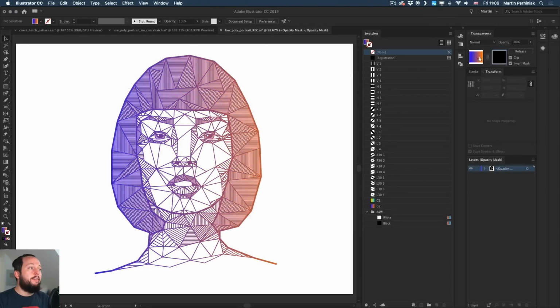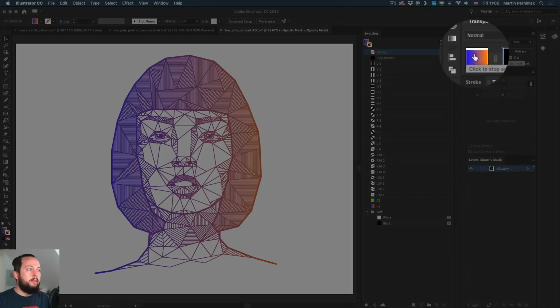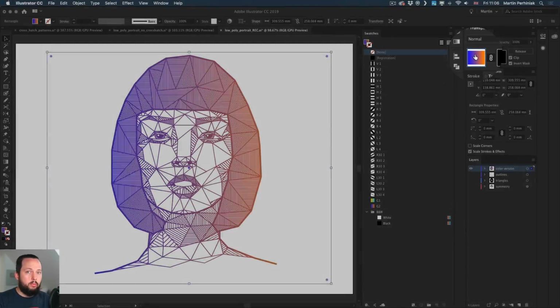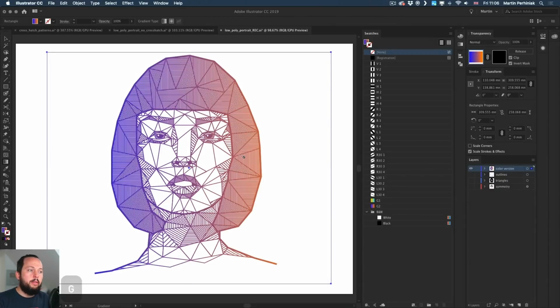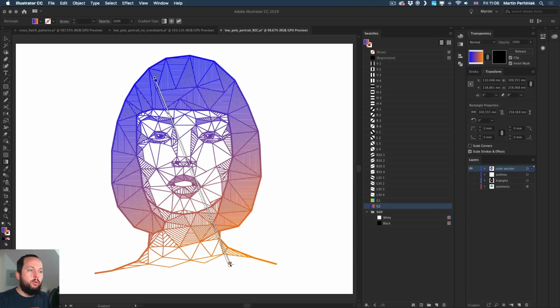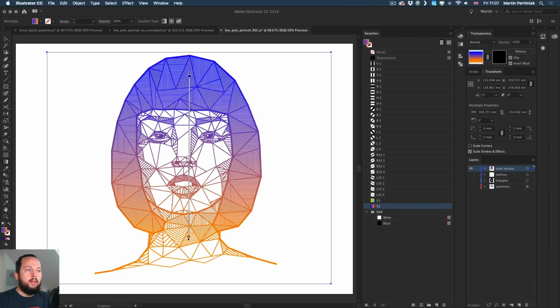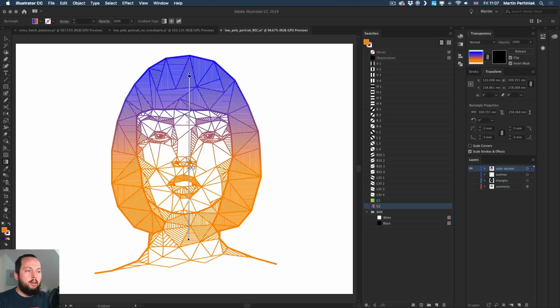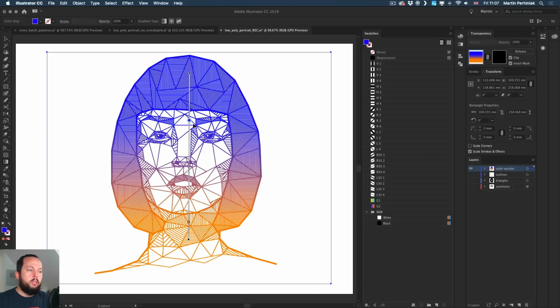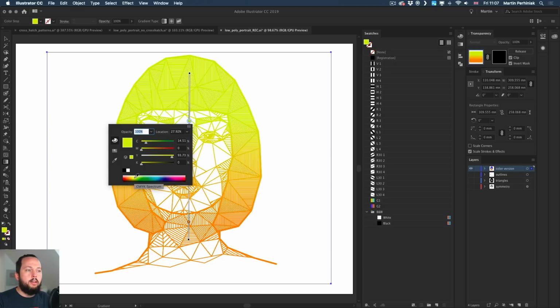And the coolest thing is if I switch back now to the artwork, so if I click on the actual color square or rectangle and press G on the keyboard, as long as the fill color is highlighted here in the toolbar, which you can do by pressing X on the keyboard, you will be able to drag your gradient around and apply it in all kinds of different angles. This tool, by the way, is called the gradient annotator. So you can drag it around. You can also move these colors up and down, decide where they should be. I can really create a cool transition like this. And you can also just double click on these colors and pick a different color just to see how it